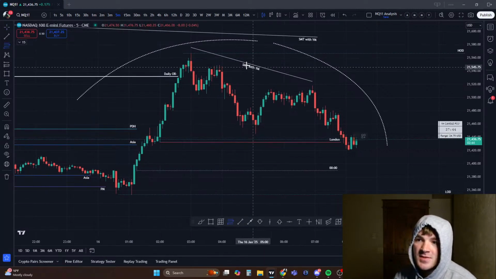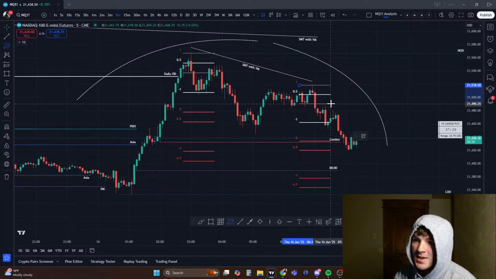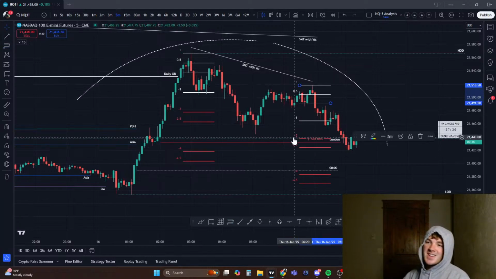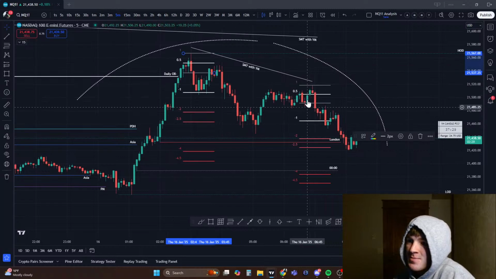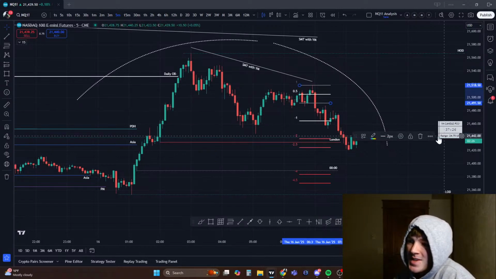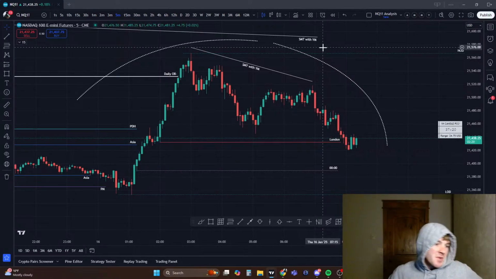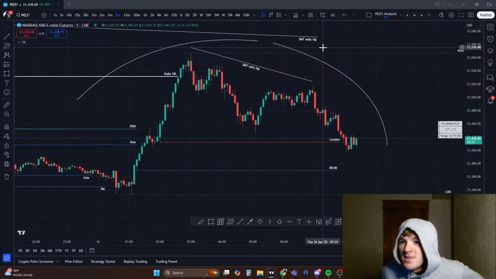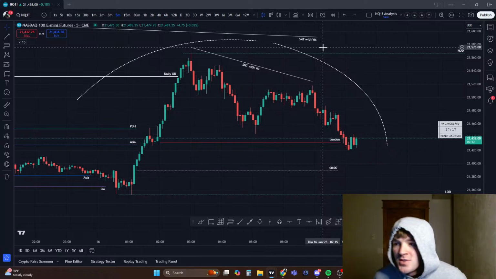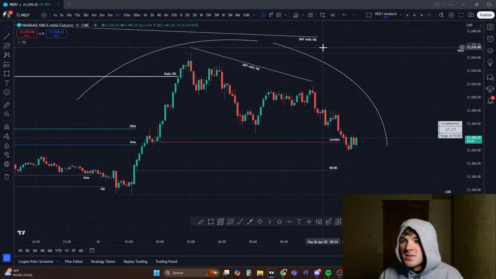And also, one thing I've noticed about standard deviations is, you might be wondering, why did you measure this from the wick and why did you measure this from the body? Bro, it honestly comes from screen time. When it's a wick like this, the wick one works better. But when it's obvious bodies like this, the body works better. Maybe that's just me talking, but you can measure it either way, and a lot of the time it works either way. That's something you're just gonna have to experiment with. I just use both, either from the wicks or the bodies, depending on what makes more sense.